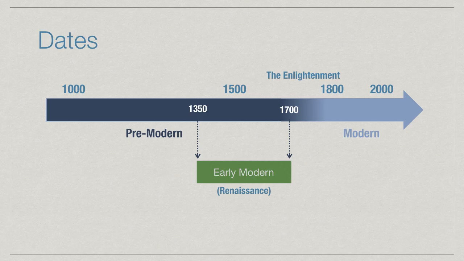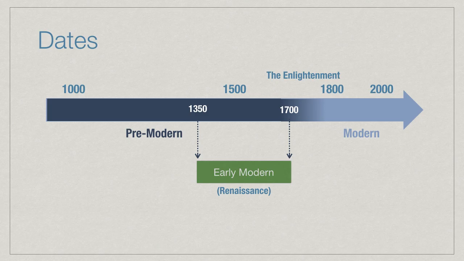We do need to think a little bit about dates and terms that I use throughout the class. The term pre-modern generally refers to anything before the Enlightenment, and the Enlightenment happens sometime in the 18th century. It's not a hard and fast date. There's no moment when the pre-modern world disappears and the modern world emerges like a switch has been thrown. It's a gradual process. But the pre-modern world generally refers to anything before that Enlightenment process.